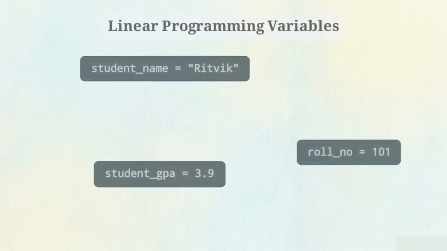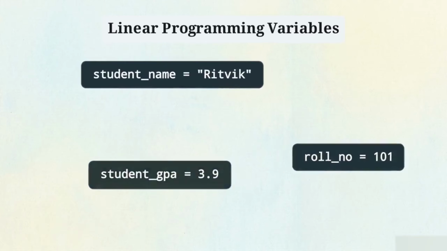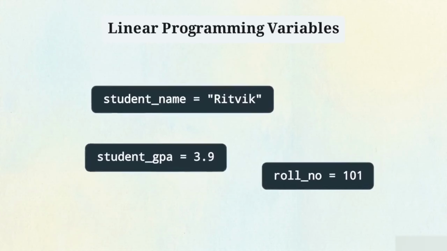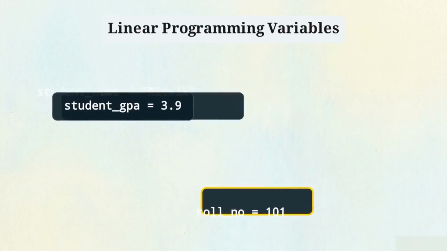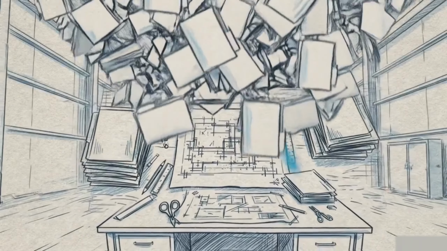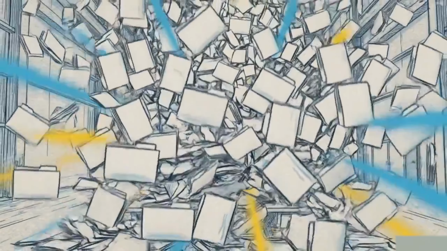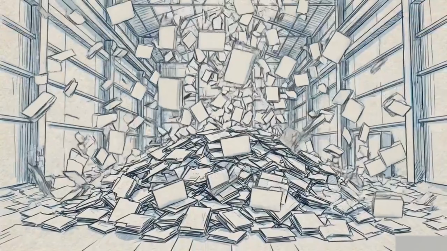Look at this animated diagram. We have raw data points, a student's name, a roll number, a GPA, floating aimlessly in a blank void. In simple linear programming, you track these individual variables one by one. If you're building a system for 10 students, you can manage that. But scale the system to process 30,000 unique individuals, and maintaining those isolated, unlinked variables quickly turns into an unsustainable,